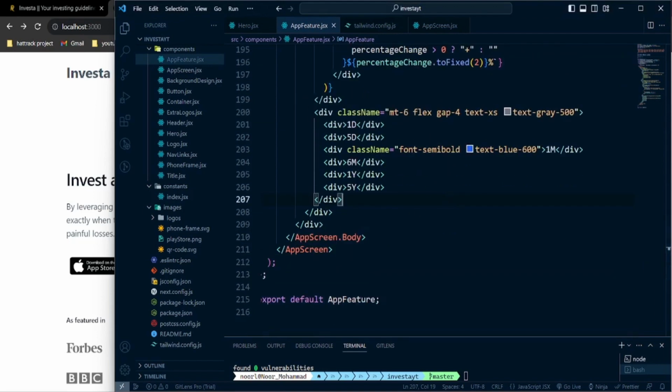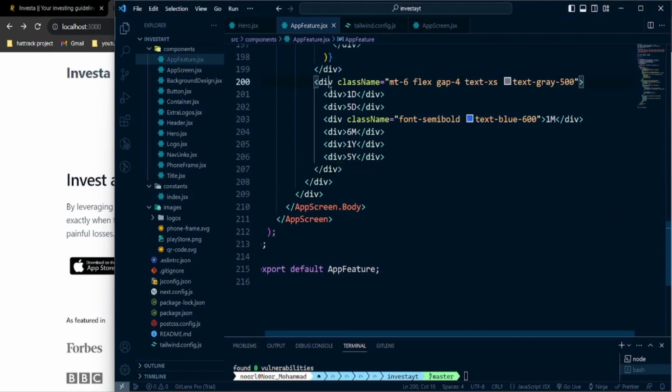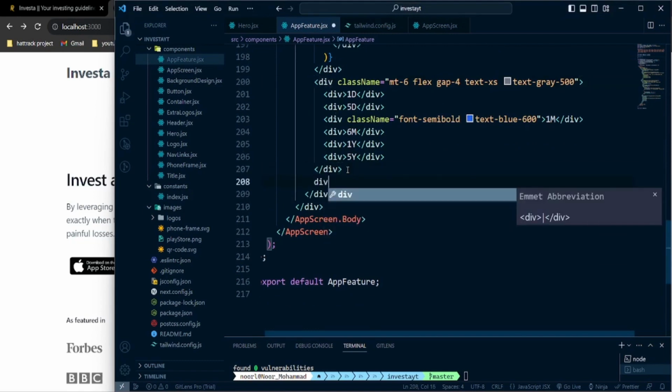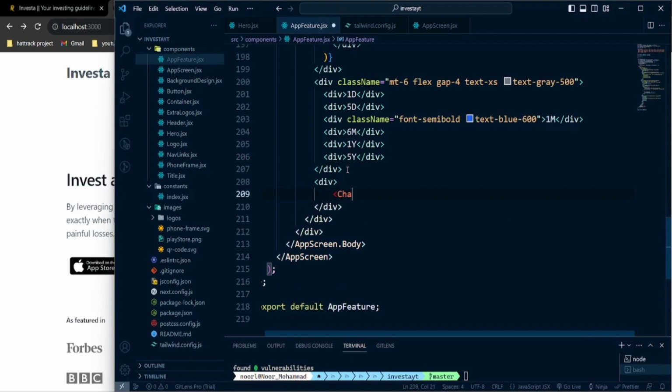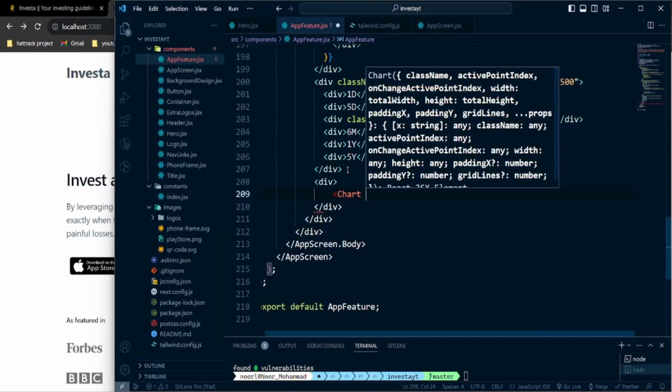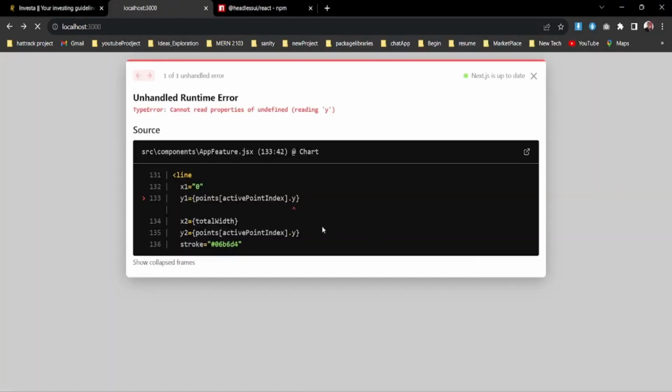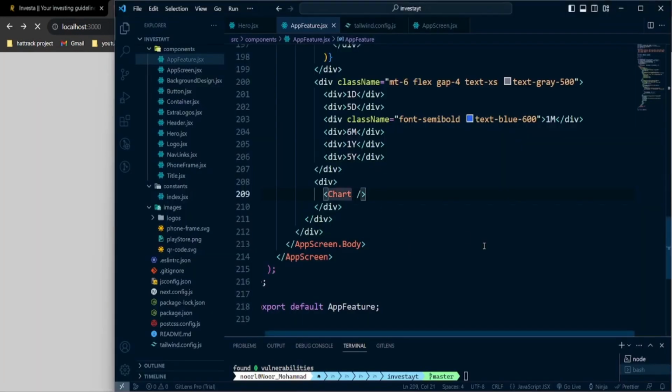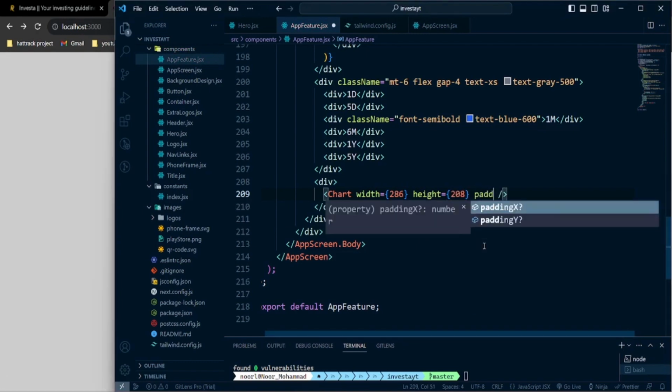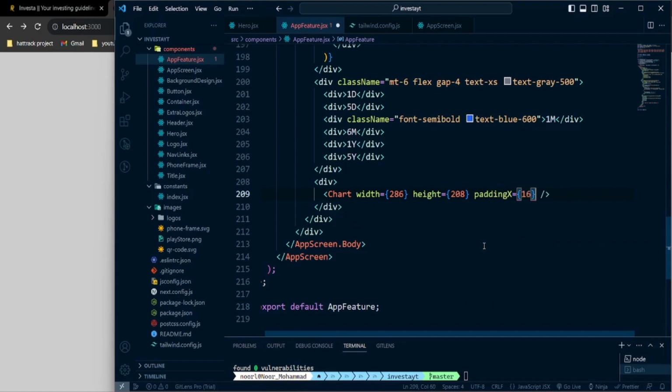So now it's time to define our chart. After finishing that div, I'm going to take a div over here, then I'm going to pass our chart, and it will be the self-closing tag. If we just save it, we'll see nothing, because we need to define the index and other variables. So we're going to give a width which will be 286, and the height will be 208. Padding in the x-axis is going to be 16, and padding in the y-axis is going to be 32. And then active